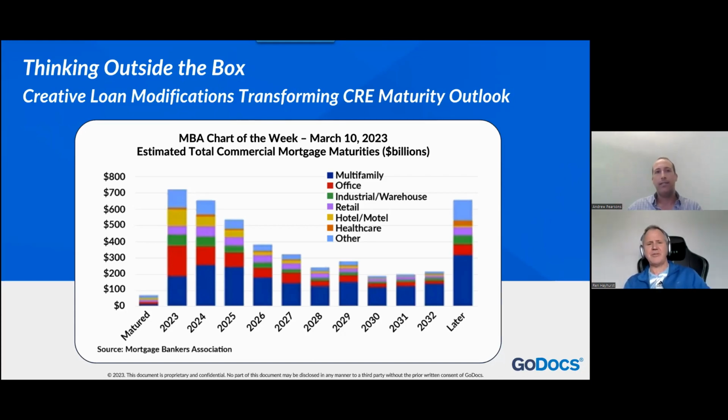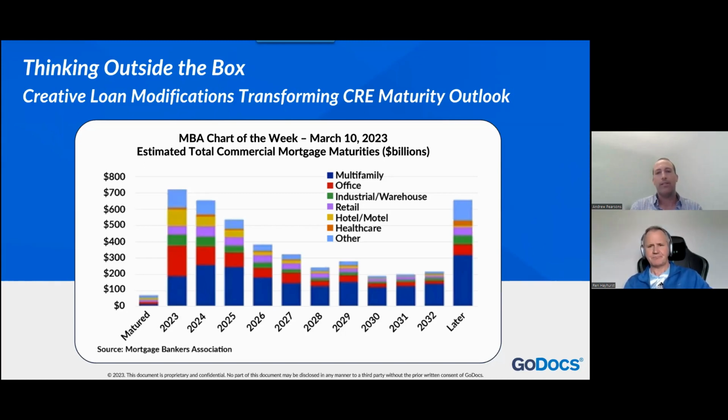Yeah, I do think it's notable that the multifamily hovers anywhere from that $200 billion to $300 billion mark for the next decade. So there's a lot of debt that's going to be maturing. There are opportunities for refinancing and such, but in the market we're in today, everybody's playing it very close to the vest and nobody's really willing to put their money out for too long a period of time.